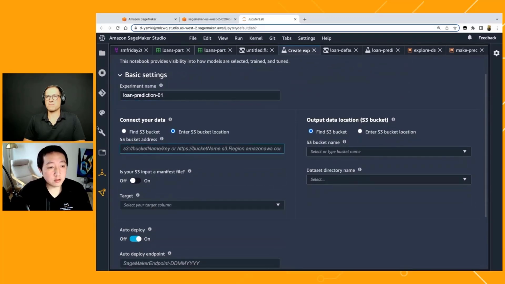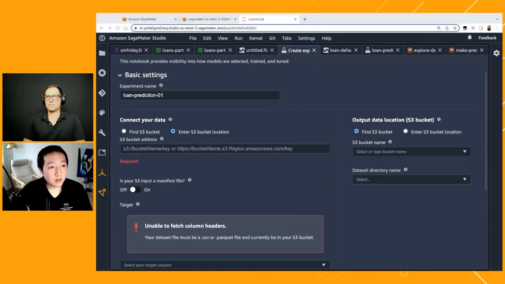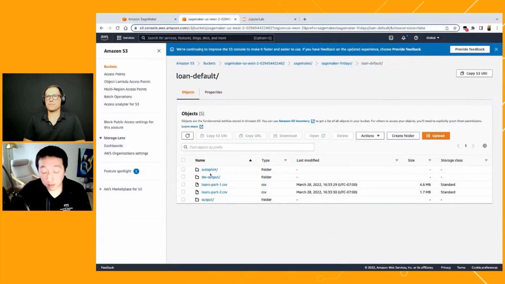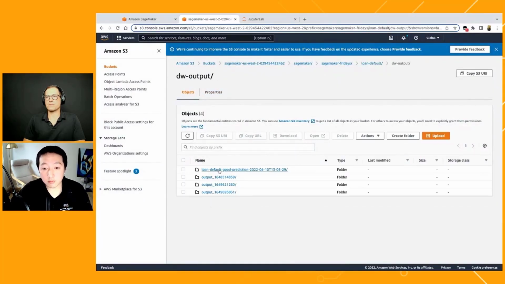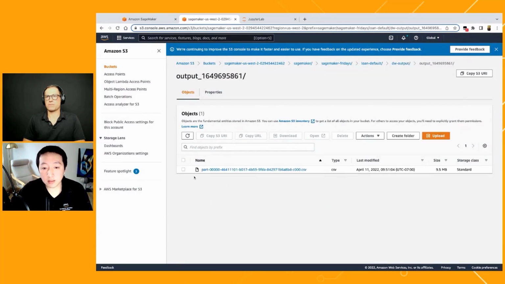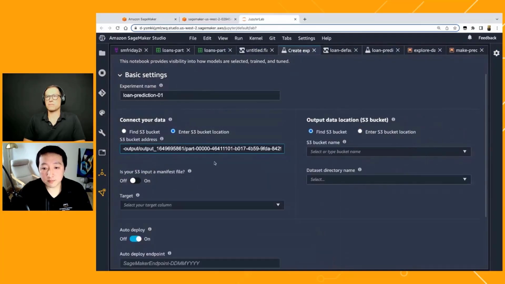So the first thing we need to provide is the data sets. We have previously uploaded data sets into Data Wrangler, right? So out of Data Wrangler into Autopilot. We can grab the data in S3, find out the location, and provide it in here.